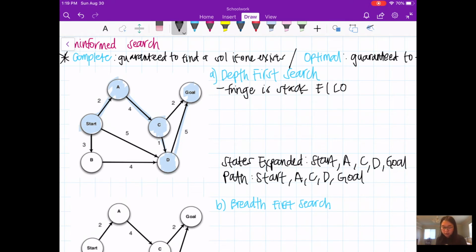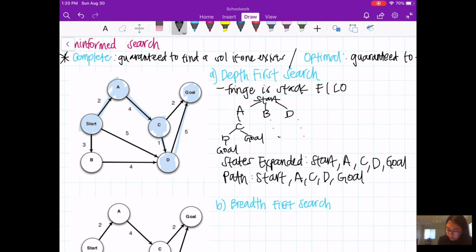Something that is true with depth first search is that it will always go down the left prefix of the tree. By tree, I mean you can rewrite this graph with start on the top and draw each of its nodes alphabetically: A, B, and D are the kids, then A goes to C, C goes to D and goal, and D goes to goal.